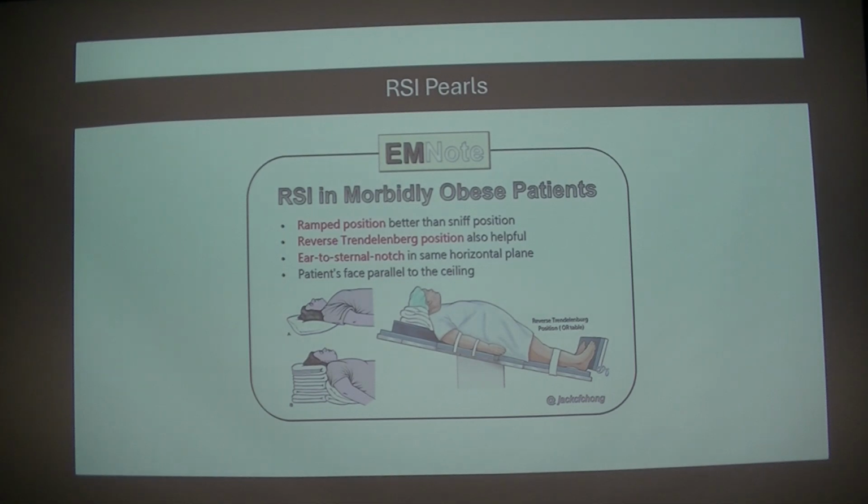In extremely morbidly obese patients, there is a technique called ramping. What this does is it helps the tissue work with gravity, and it helps you intubate the patient easier. So you align the ear to the sternal notch in the same horizontal plane, and you put the patient's face parallel to the ceiling. So if you notice, the patient is ramped upward, but their face is parallel to the ceiling. And you can accomplish this with blankets,